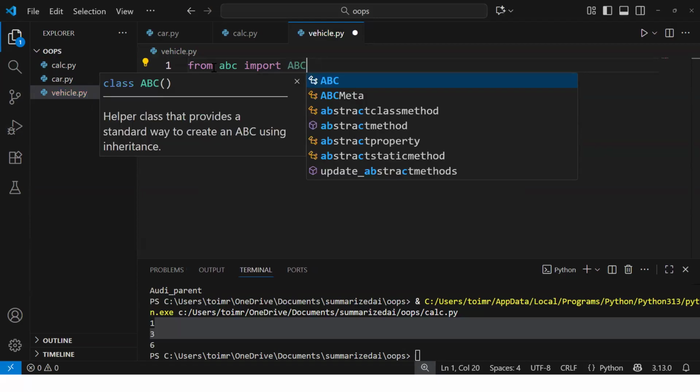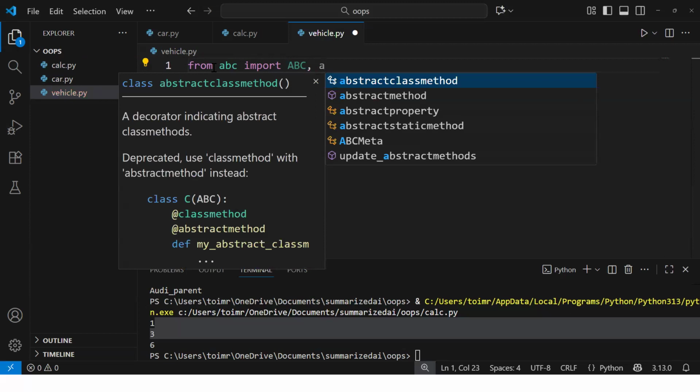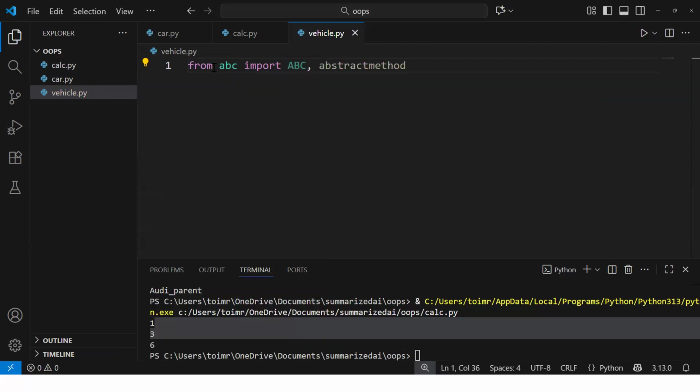If you see, this is saying helper class that provides a standard way to create an ABC using inheritance. Now here you can say one more thing, abstract method. Now we have an annotation which says,